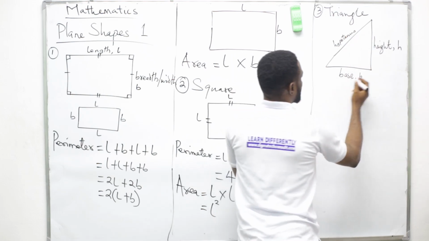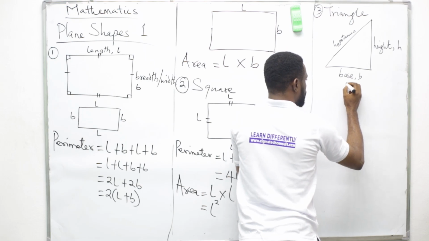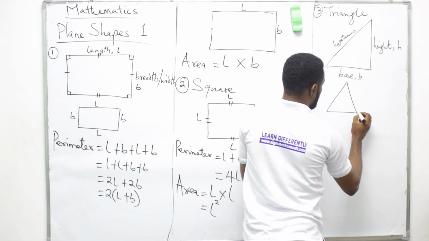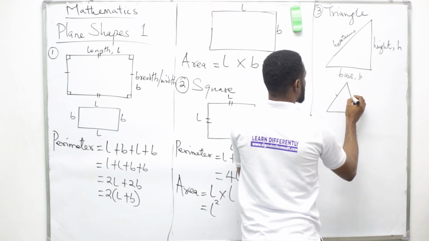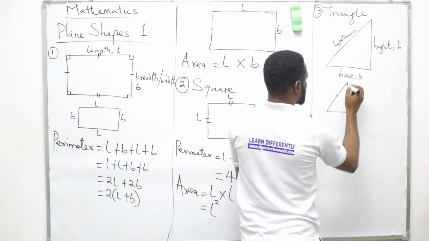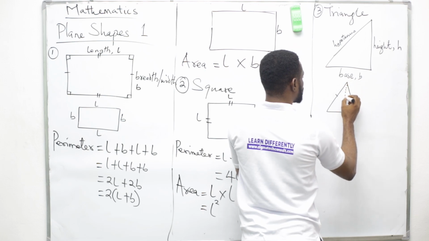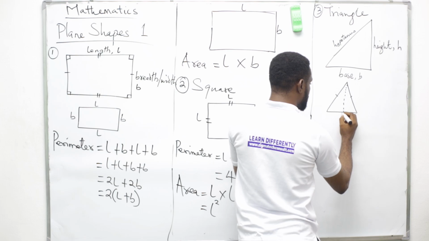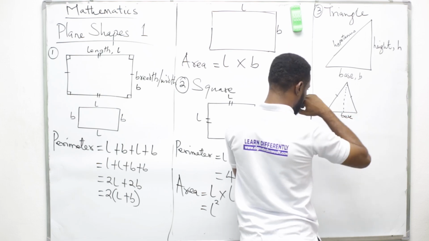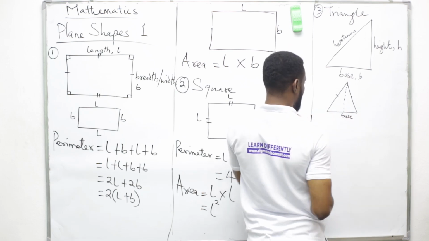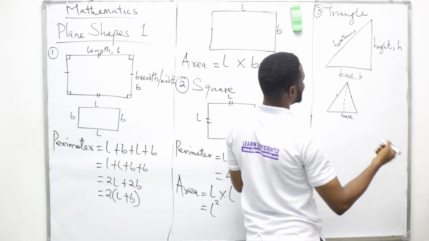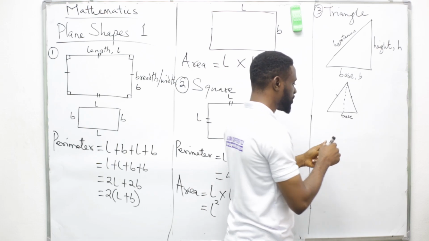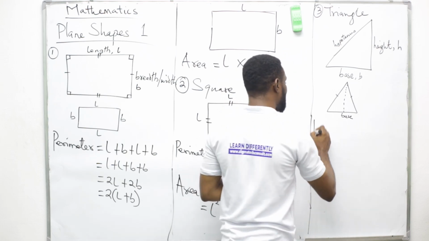Let's also have another triangle. Let's assume this is an isosceles triangle. This side is equal to this side, and of course our height will be here. Do you understand me? This is the height of it. So this will be the base. So let's assume we also have a scalene triangle or whatever kind of triangle. Now, the point I'm trying to make is that the perimeter